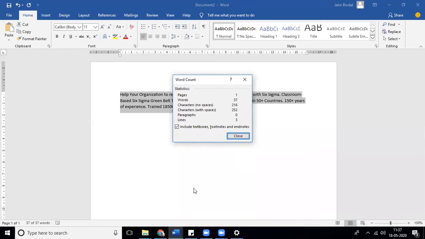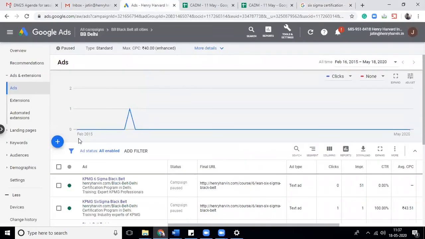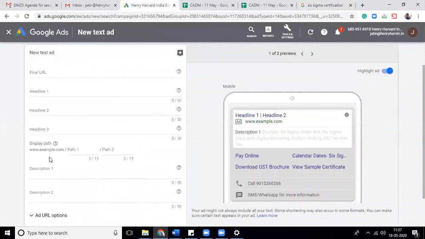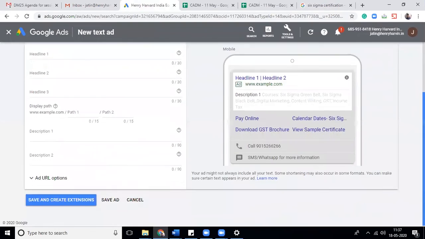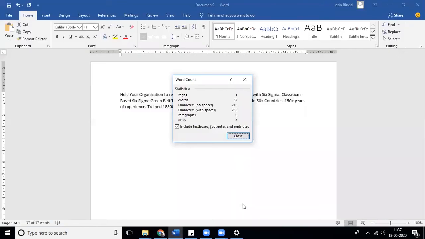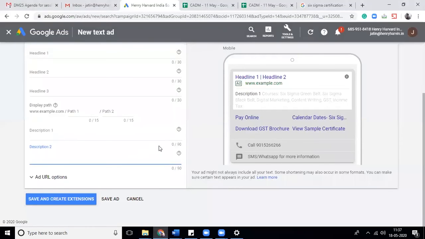Whereas in our ad, if you remember, in description we have a limit of 90 characters for description one, and similarly a limit of 90 characters, but they are writing beyond that. 252, how are they getting space? Because if you try to save your ad beyond the character limits, you will not be allowed to save it.